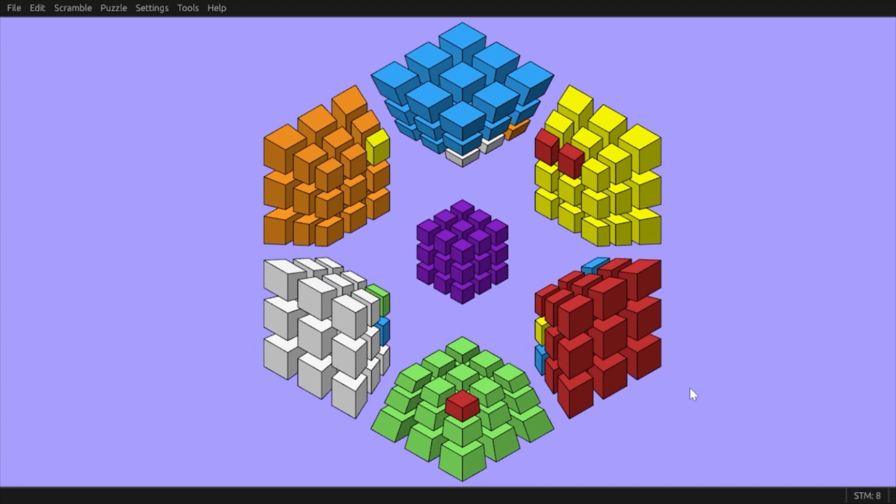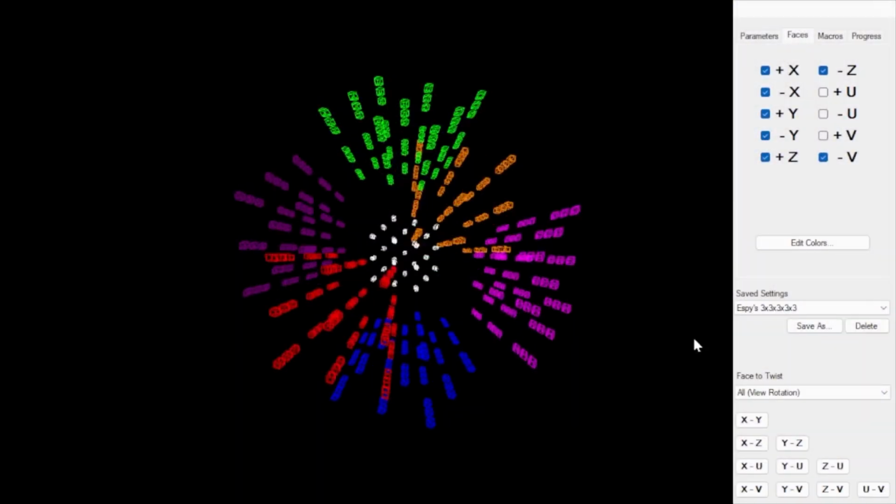But let's apply it to the 3 to the 5 so you understand a bit better. We'll go back to 5D Rubik's Cube. So how do we apply it on this? So we start off with the first move, which is R. So we do the R move,